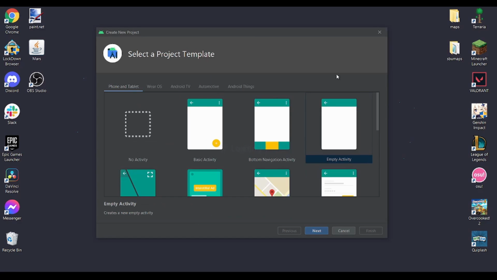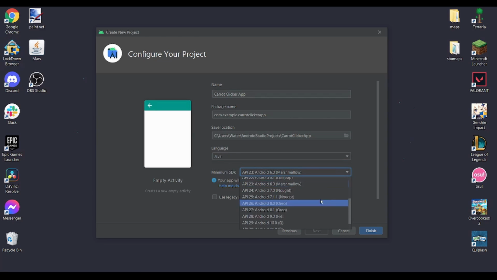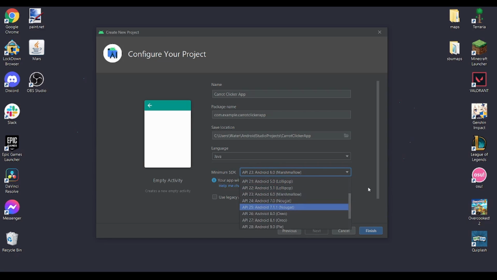We want an empty activity, and we need to title our application. I'm going to name it Carrot Clicker App. Make sure that the language is in Java, and I'm using the Marshmallow SDK. You could probably pick a different one, but I like Marshmallow just because it's compatible with most devices and it's not too old of a version like Jelly Bean. So Marshmallow. Okay, now we click finish